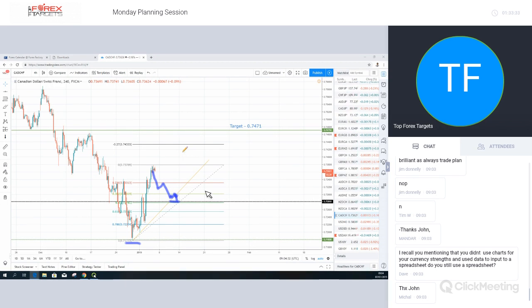All you have to do yourself, Dave, is we are strong on the CAD dollar, so as the CAD dollar is starting to correct, we would be bullish to neutral. Okay, and once strength comes into the CAD franc, although we do it on the spreadsheet data, you should still see a breakout like this. Does that make sense? So what we're covering here is what you need to look out for.